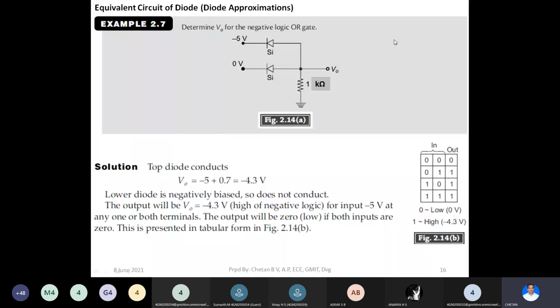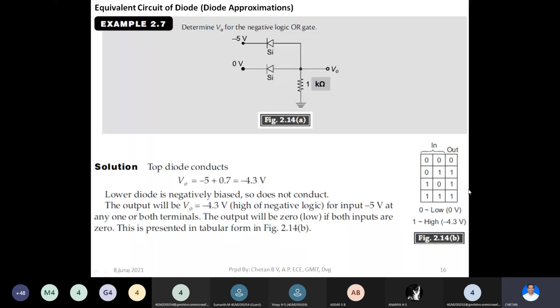Now we have a circuit which is made up of diodes, and this circuit is realizing the function of an OR gate. We know how an OR gate behaves. An OR gate is a two-input logic gate whose output would be 1 if one of the inputs is 1. If both inputs are 0, the output of the OR gate would be 0. That is how this OR gate would behave. It performs a logical OR between both input values and produces the output. Output would be 1 in 3 cases, where one of the inputs is 1 in 2 cases, and the third case when both inputs are 1, which is as shown in this table.